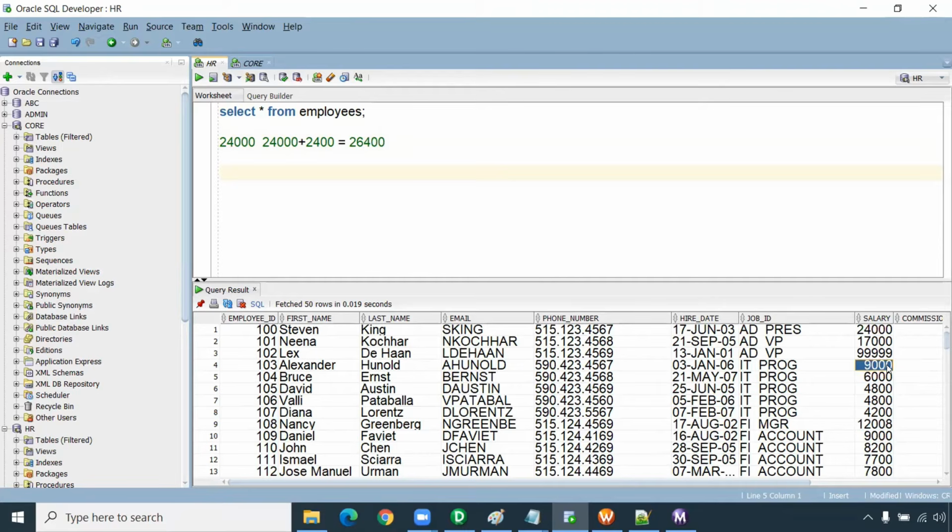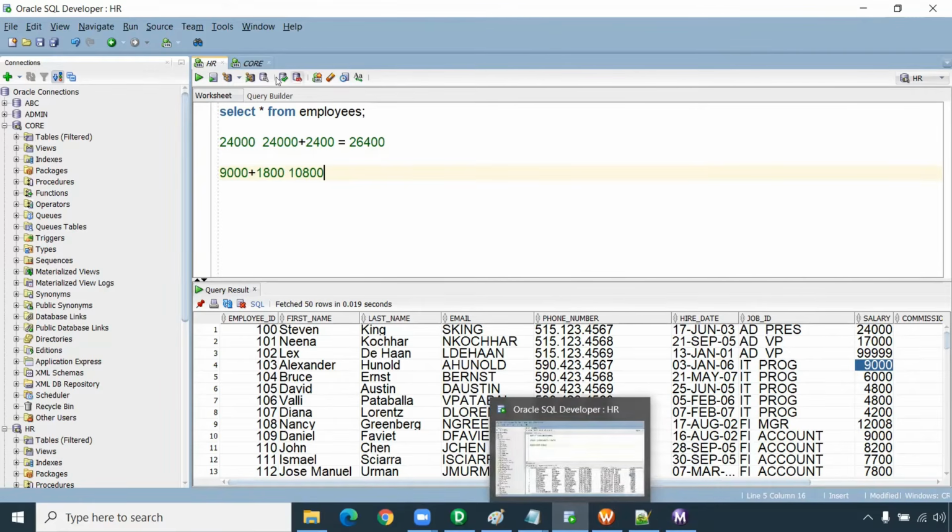Then if I have less than 10,000, for Alexander, we have less than 10,000. Here we have 9,000. So 9,000 plus 1,800, right? So it's a 20% increment. So what is the salary here? 10,800. So this is what should be loaded. We will check it in the target.